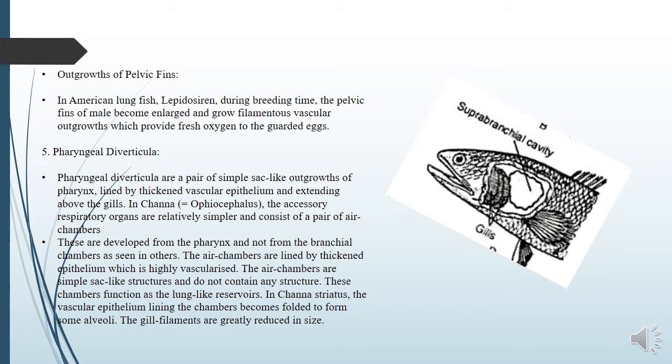The respiratory epithelium of the air sac consists of vascular areas in the form of islets bearing many rosettes or papillae. The thin epithelium having a network of capillaries covers the islets. When the muscles of the buccopharynx contract, the mouth is kept closed and the air is expelled from the air sac into the opercular chamber through the exhalant aperture and then passes out via the external branchial opening. When the mouth is open and the buccopharyngeal muscles relax, air rushes to fill the vacuum in the air sac.